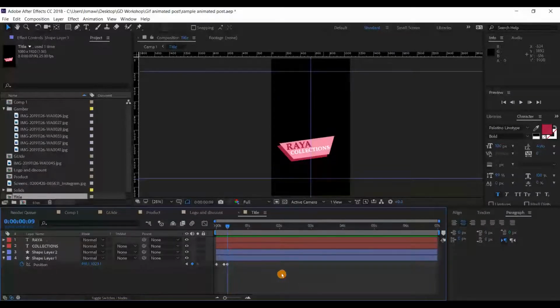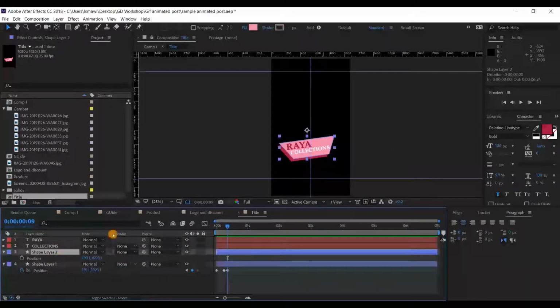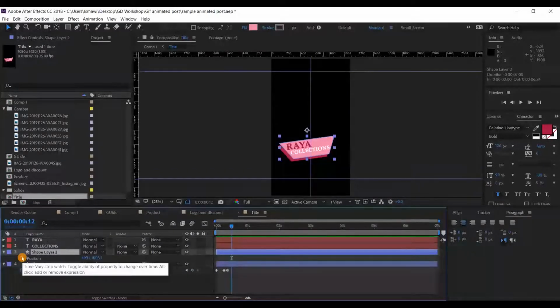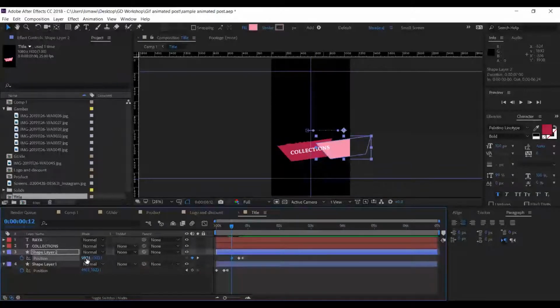Now I'm going to my second shape layer. Same process. I'm going to click T. But before I create my first keyframe, I'm going to move my timeline cursor 3 steps. This is the gap between elements, and I'm going to click on the stopwatch to create the first keyframe. To animate, 1, 2, 3, 4, 5, 6. Second keyframe, 1, 2, 3. Another keyframe. Same thing that we do. So we're going to change the position for the first keyframe. I'm going to bring the element out a bit, off screen.